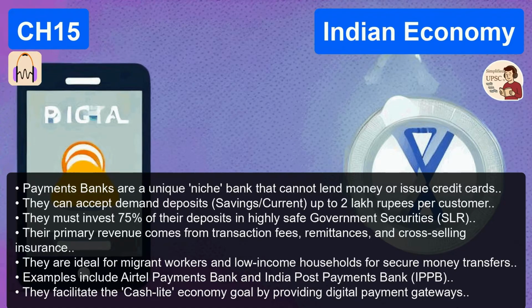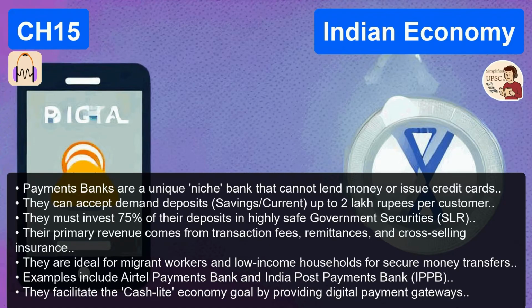And this massive database of accounts enabled the JAM Trinity. The JAM Trinity: Jan Dhan, Aadhaar, and mobile. This combination revolutionized direct benefit transfer, or DBT. How did it work before JAM? Before this, if the government wanted to send 100 rupees for a drought relief program to a poor farmer, it went through layers of bureaucracy. Maybe 15 rupees actually reached the farmer. The rest leaked out as corruption or administrative waste. And now? Now, with JAM, the government pushes a button in Delhi, and the money lands directly in the beneficiary's Jan Dhan account linked to their Aadhaar.